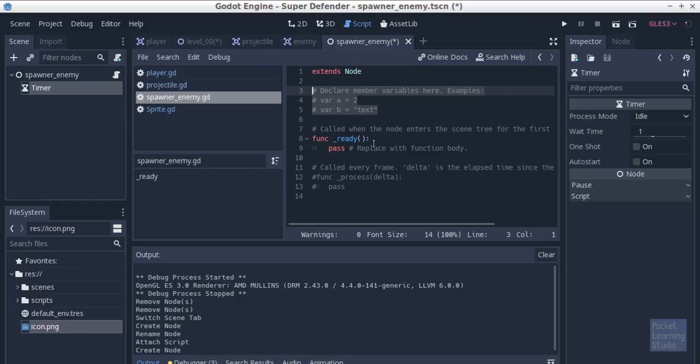Actually, let's do it the wrong way first. No, let's just do it the right. No, yeah, let's do it the wrong way first. Let's do it the really hard way first. Okay. So we've got a thing called a timer there,